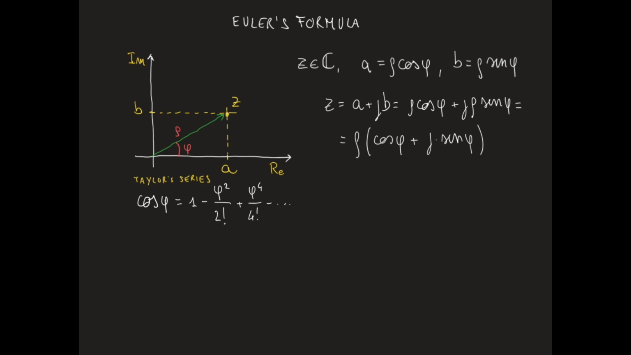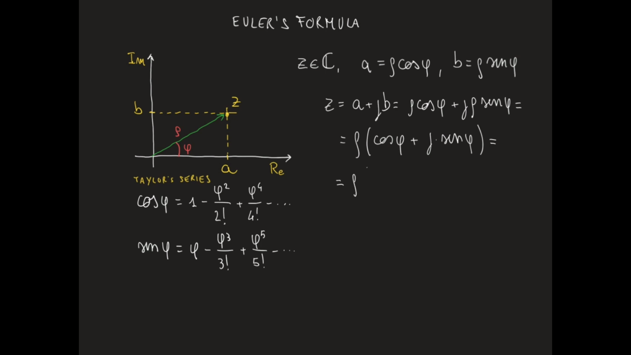On the other hand, the sine of phi can also be written as a Taylor series as phi minus phi cubed divided by 3 factorial plus the fifth power of phi divided by 5 factorial, and so on and so forth. We can now replace the cosine of phi and the sine of phi with their infinite sums in the expression of the complex number z, and we get